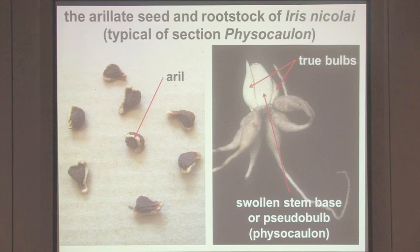Characteristic of Physocaulon section is a very prominent aril running often the whole length of the seed, as you can see on the left here, and the aril is a modified seed stalk. And as I mentioned at the beginning of the lecture, Physocaulon means swollen stem base, and the central arrow on the right indicates last year's stem, which is swollen and stored all the food from the previous year's growth, and on the side you have smaller true bulbs, and then characteristically of the Physocaulon group you have these huge